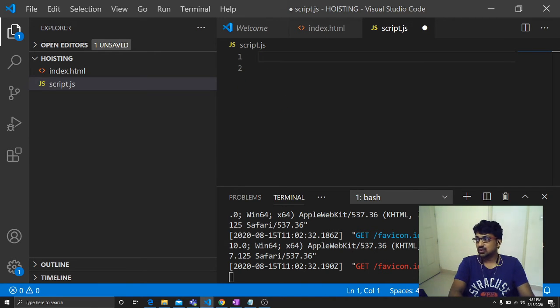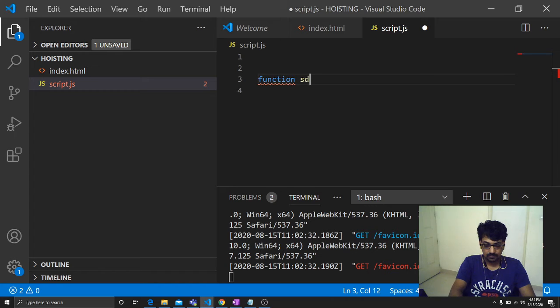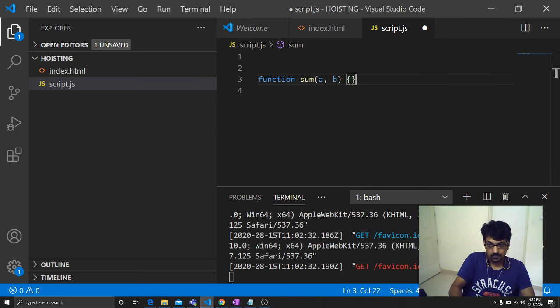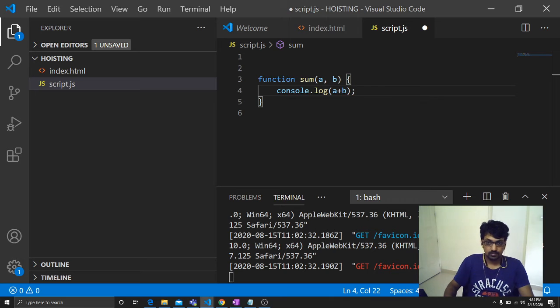So there are two ways through which we can declare a function. One method is this, which is one mode of declaring a function, and the next method is this.